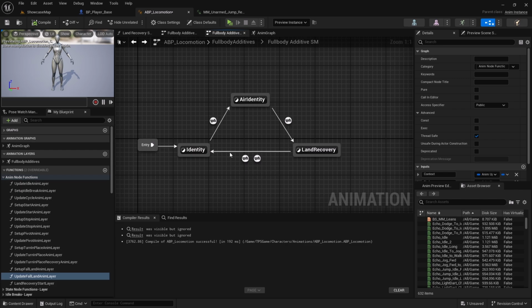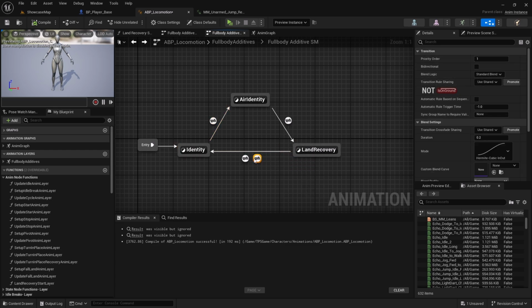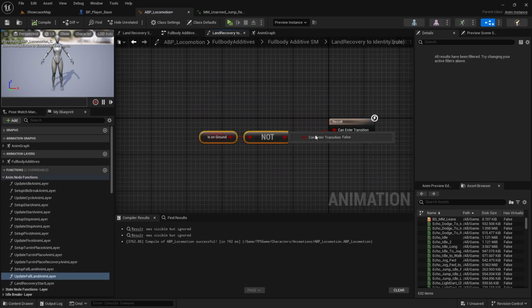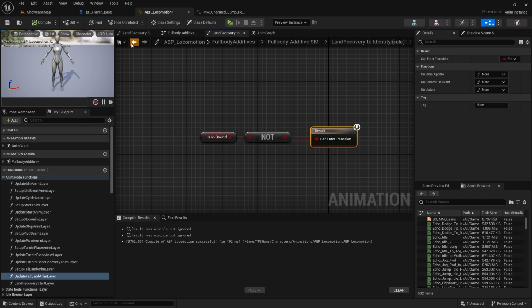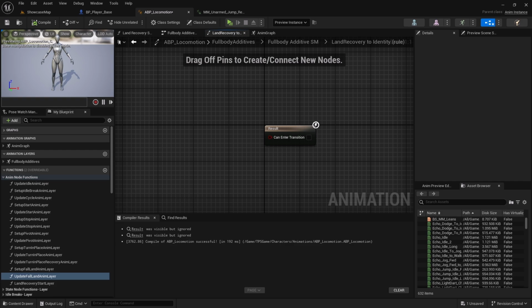So if I quickly recap these two transitions from land recovery to identity, we have a priority order 1 transition, which is checking whether we are not on the ground, and we have the second additional transition with priority order 2, which is the automatic rule based transition, and it doesn't implement anything here, right? Okay,